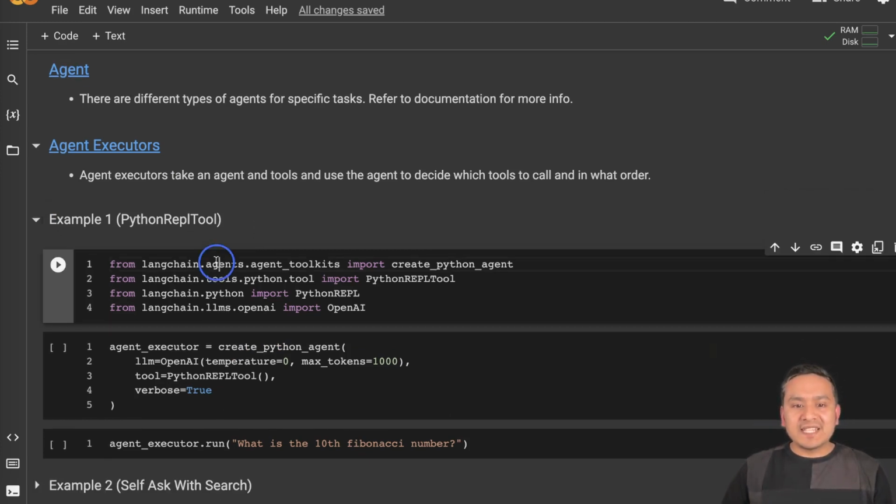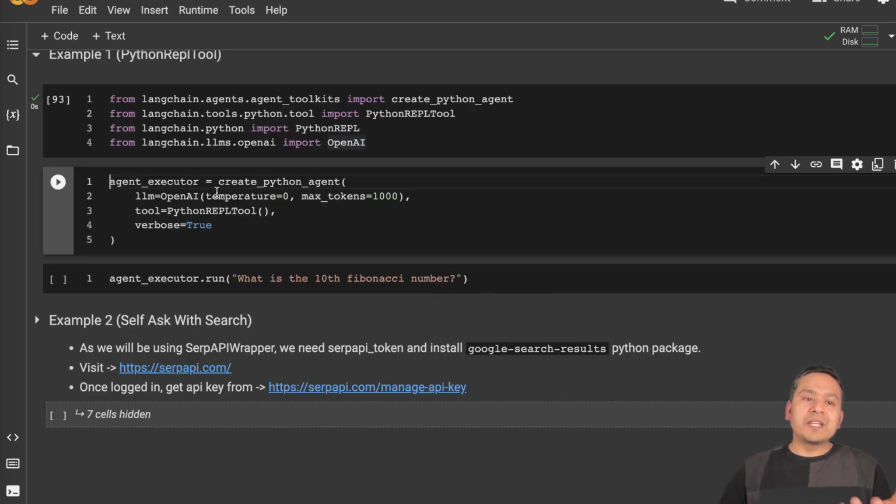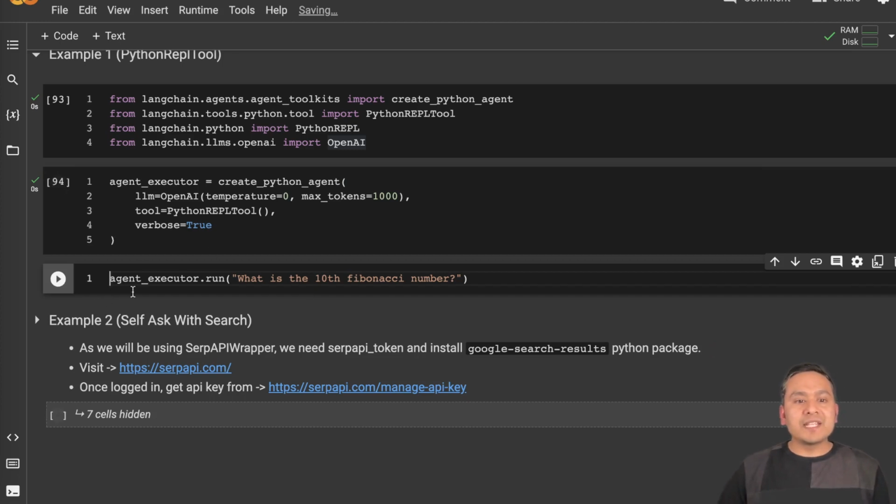So here from agents.agent_toolkits, import that particular method, and we have the Python REPL class also here. And from langchain.python we import PythonREPL, and from langchain.llms we just import OpenAI. We run this now. Now we create the agent executor, right? We create the Python agent, and there is the LLM, there is the tool, and verbose is true because I want to see what it is going through when it is executing this particular agent, right? So if I run this,